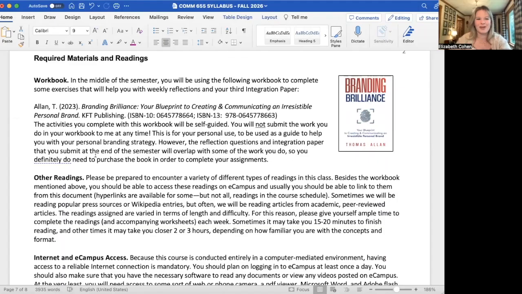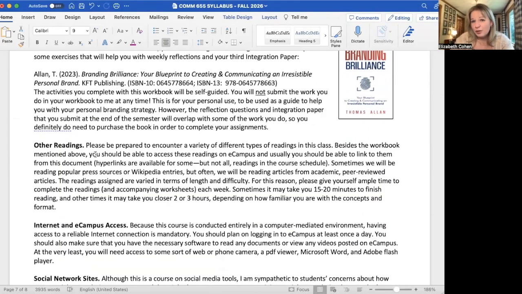So, okay. You don't need a social media account. If you have one, great. If you don't, that's fine. The only caveat to that is one of your papers, which could be optional. There are three papers required in this class. You have to do two out of the three, and one of them does ask you to do an analysis